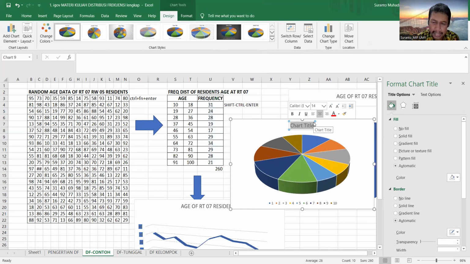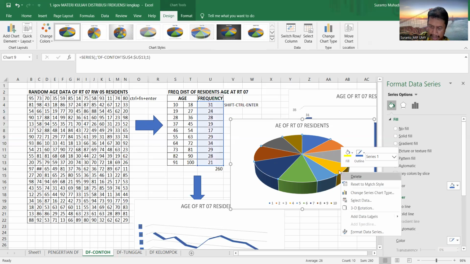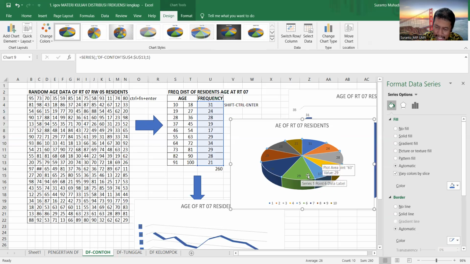You should change the title, Age of RD7's residents. You can add a data label using this one, and click Data Label. So the data will appear here. You can look at the data of each class.